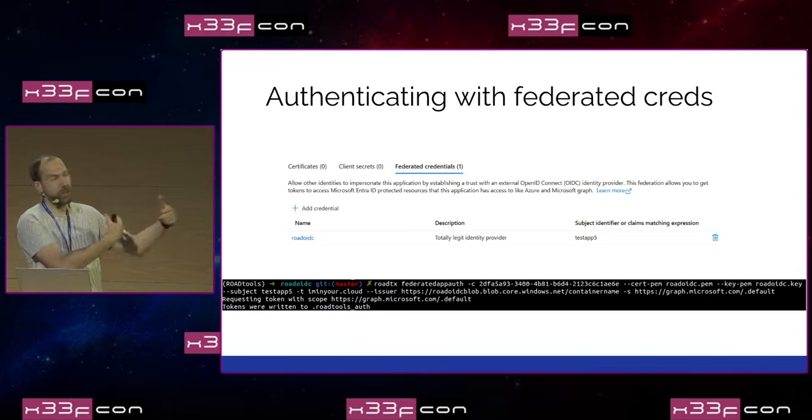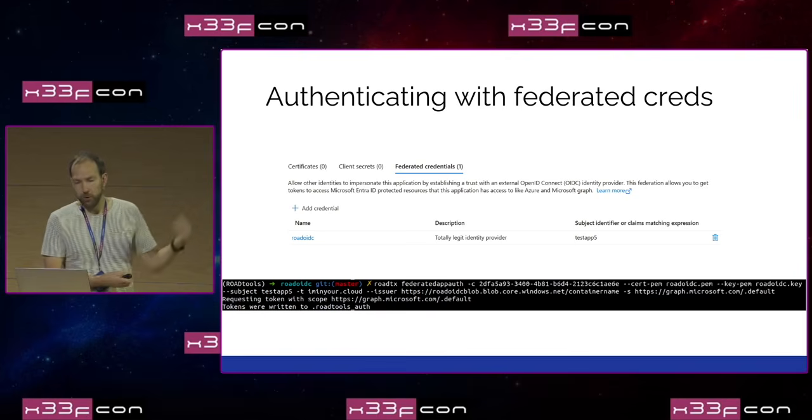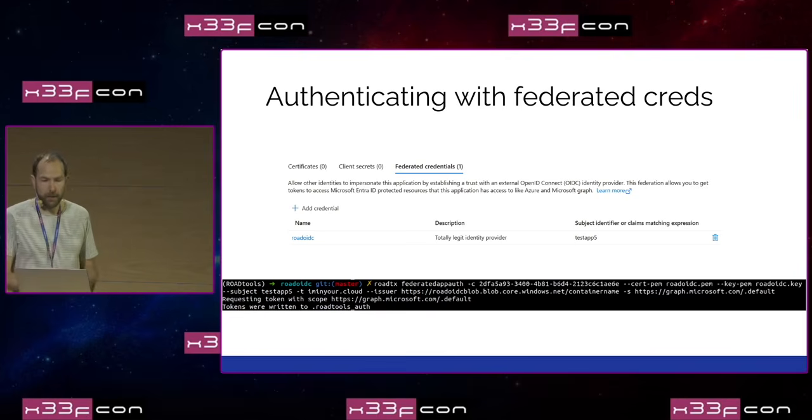That certificate is generated by roadoidc. This is the subject, so that's the name of the app, the tenant, and the issuer, which is in this case just these JSON documents hosted on the Azure Blob Storage. And I want a token for graph.microsoft.com, and you see that this works. So whichever app is configured to trust this fake identity provider, I can authenticate